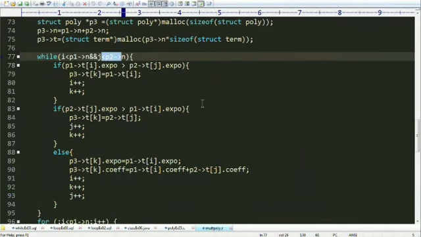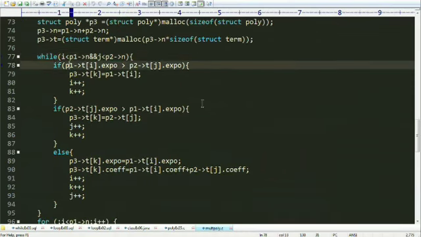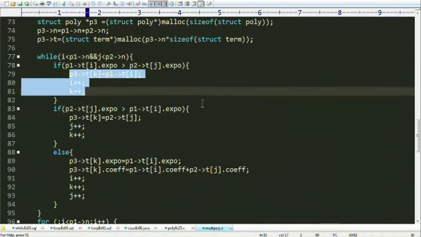Then I take p1, which is nothing but the first polynomial, and if the ith position exponent is greater than, suppose, the second polynomial's jth position exponent, then I do this procedure where I'm just copying. You do not need to copy individual terms, individual exponent and coefficient.